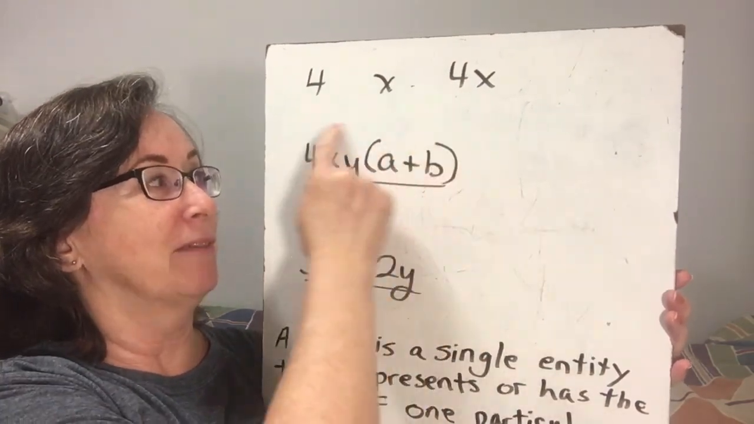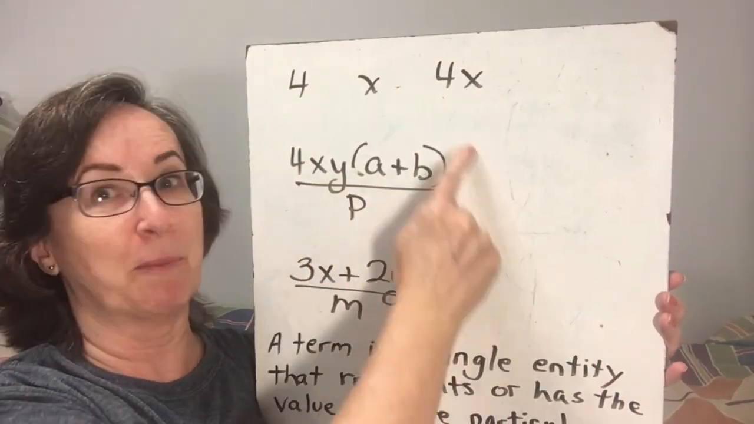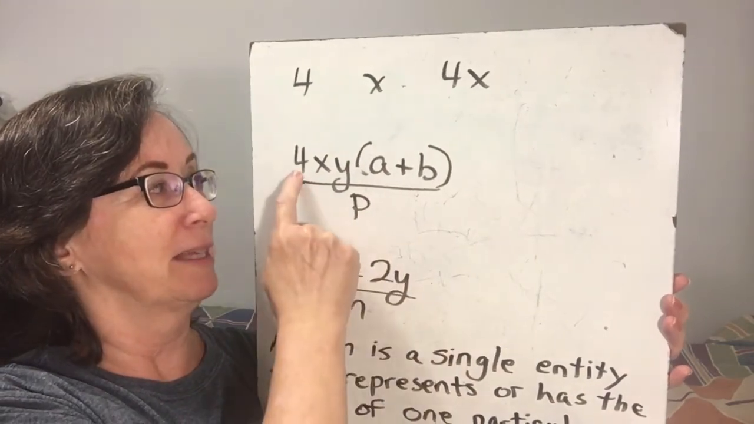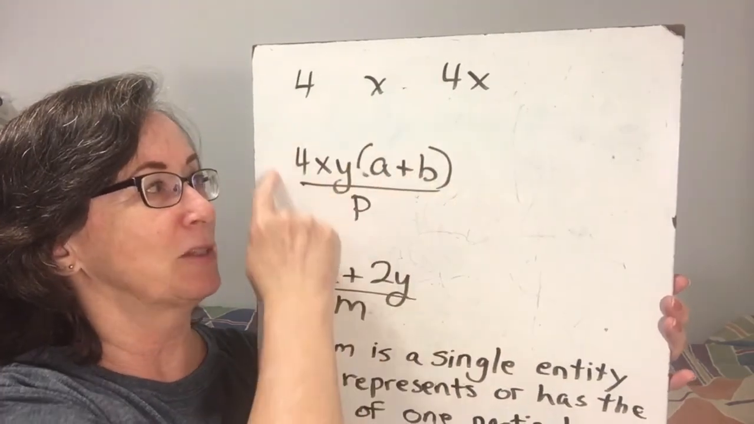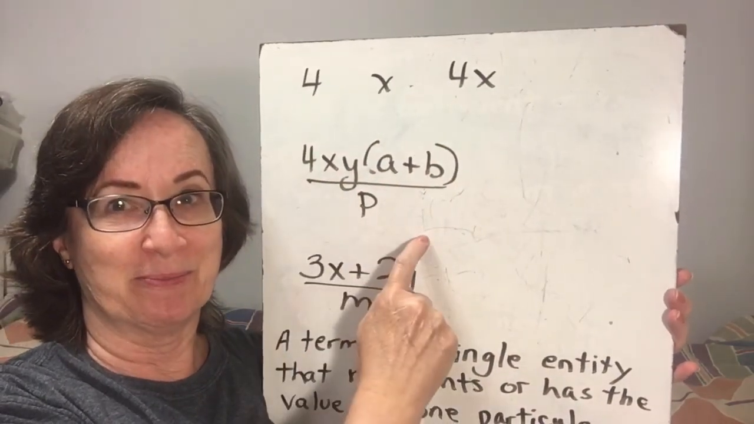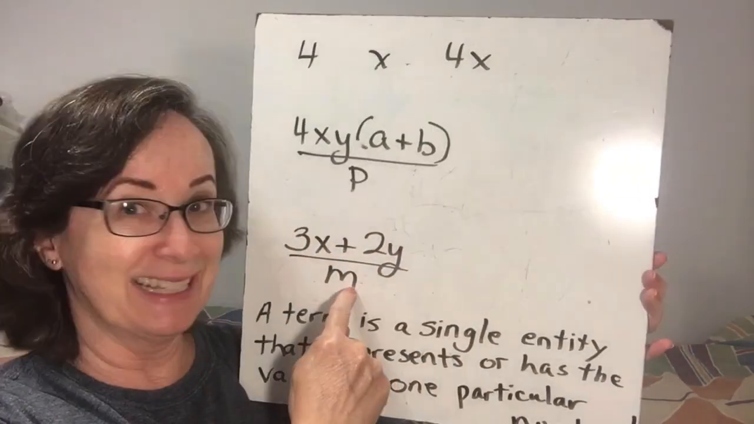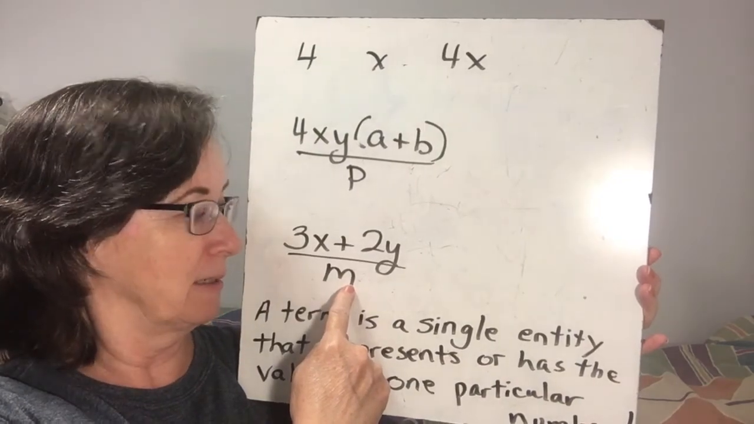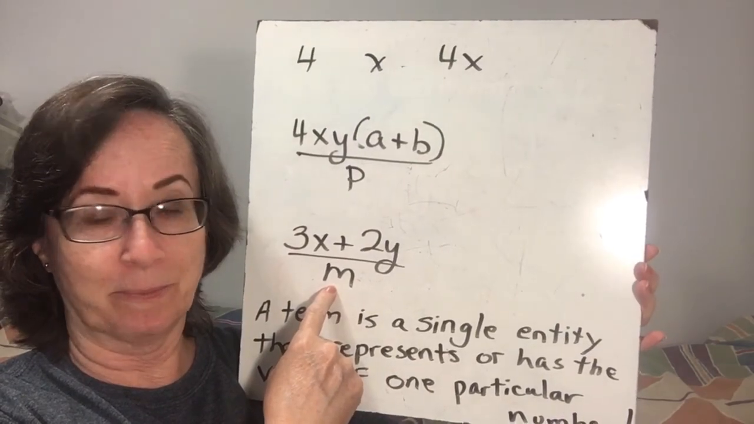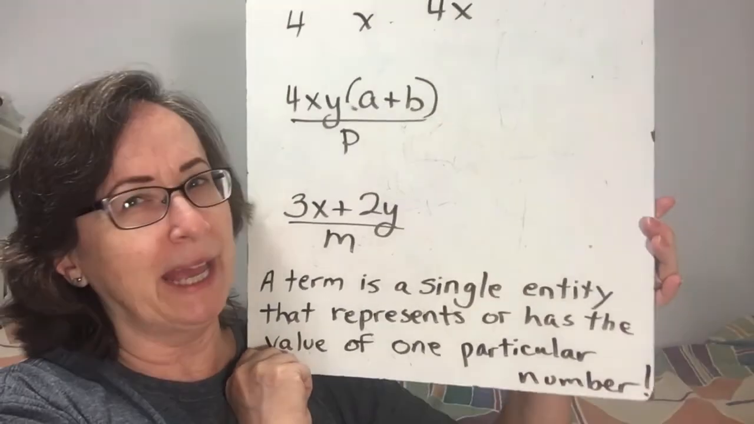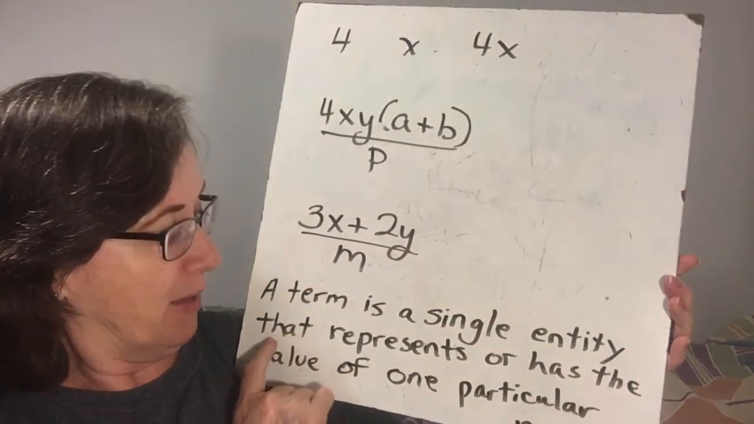And here we have a product and a quotient. So this whole thing was a big quotient, isn't it? So this was products up here, but then we put it all over P. So now this is one term. Okay, and then down here we have one term, because isn't that a quotient all over one denominator? And that's one term. Okay, so a broad definition that works is a term is a single entity that represents